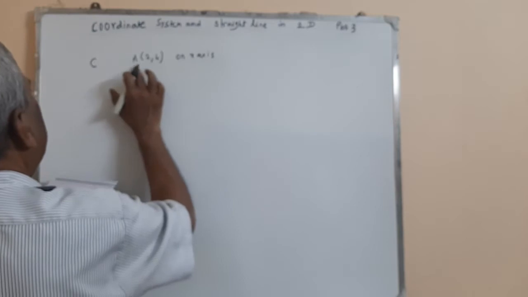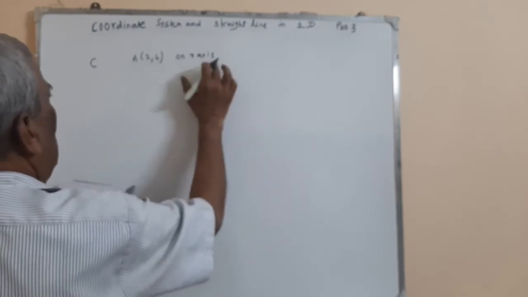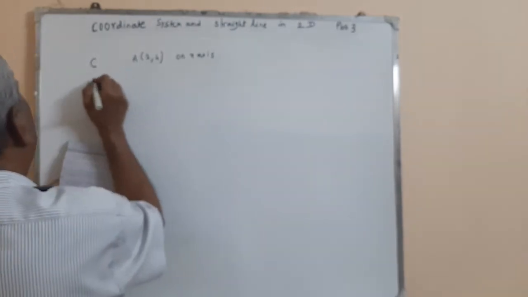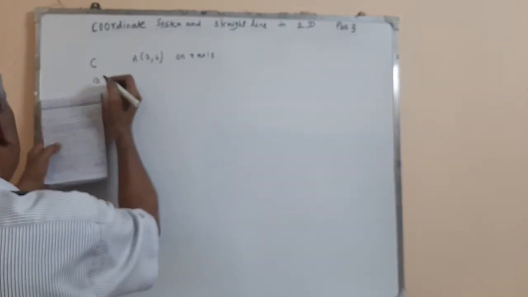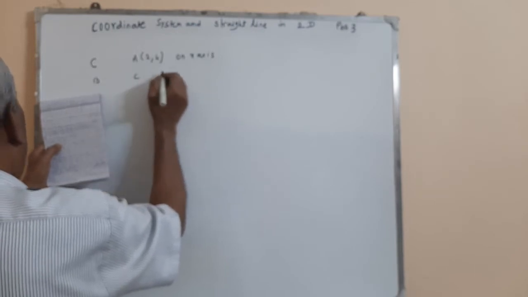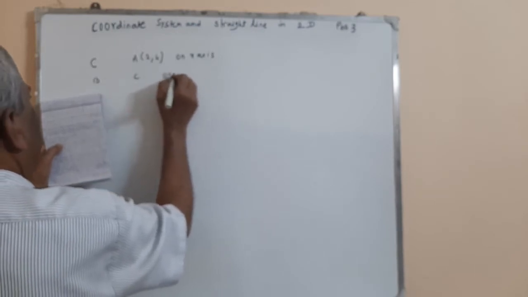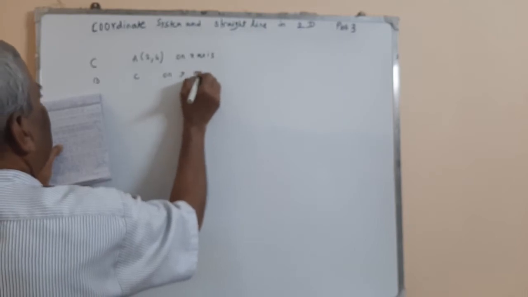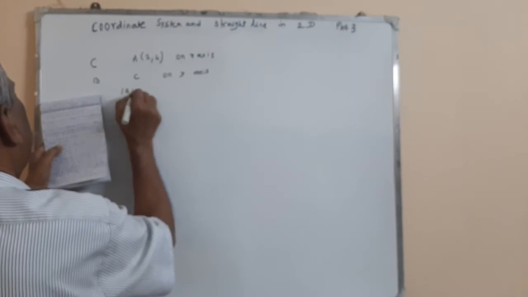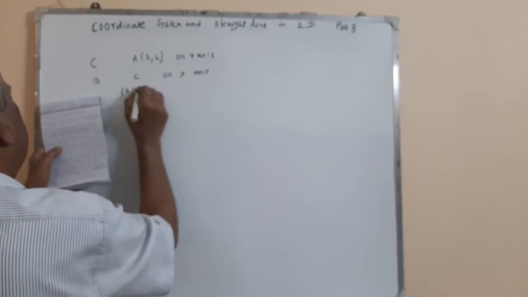C is reflection of this point on x-axis, and B is reflection of C on y-axis. Then magnitude AB is equal to